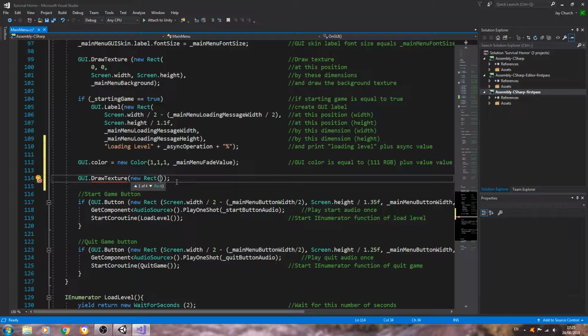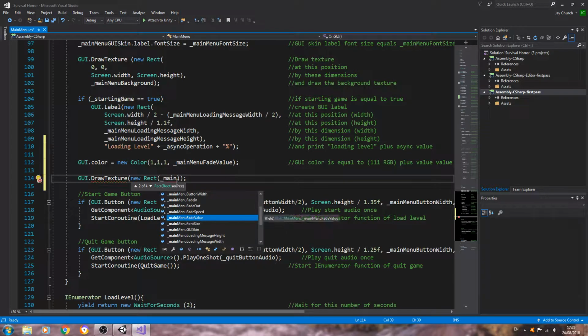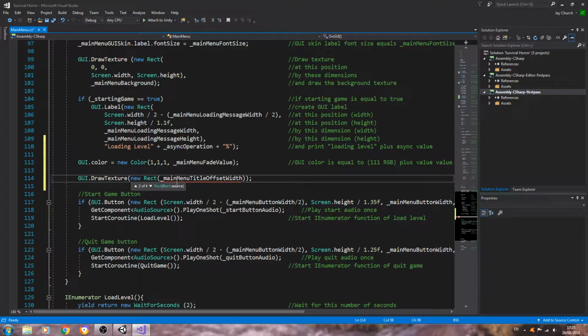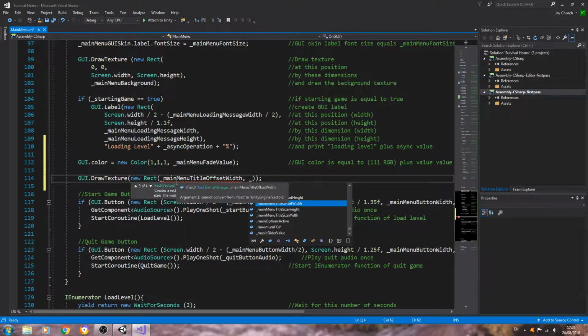Inside those brackets, we're going to say main menu, and let's have a look what I named them. So we want the title offset width, comma, underscore main menu title offset height,